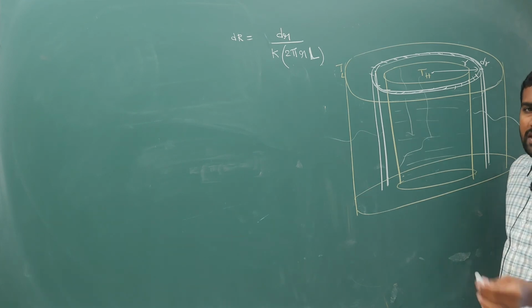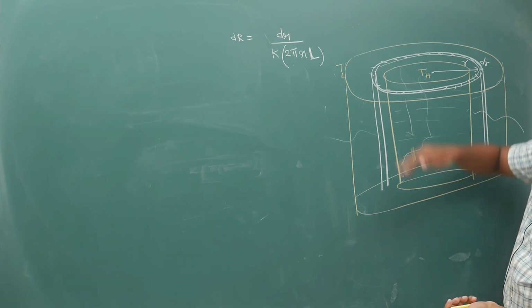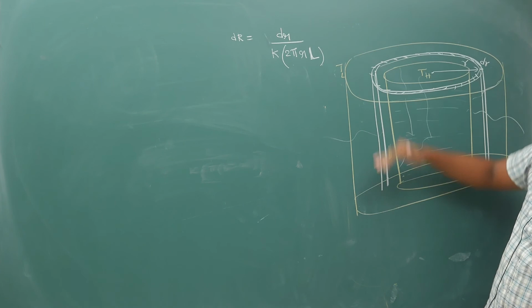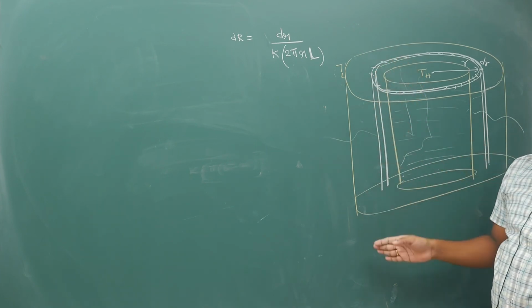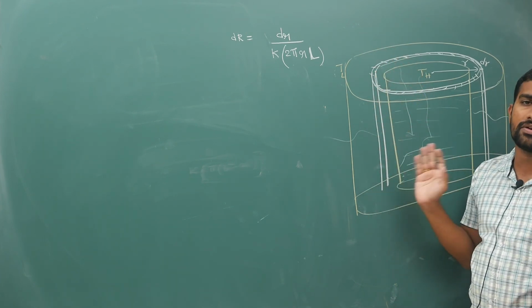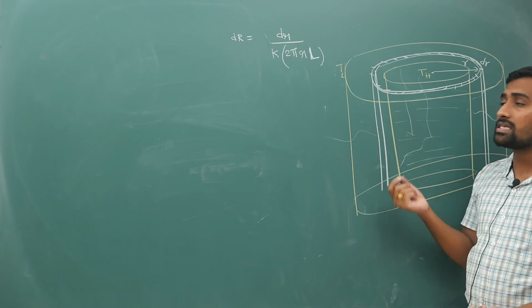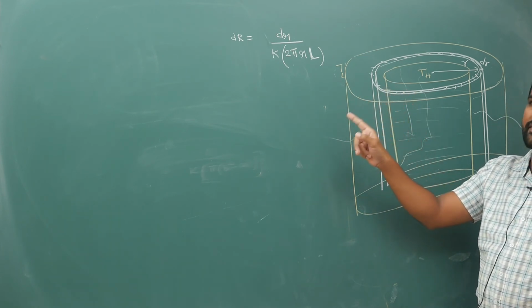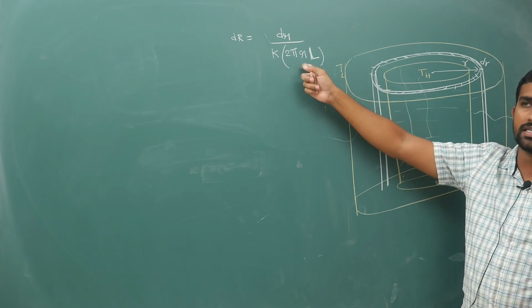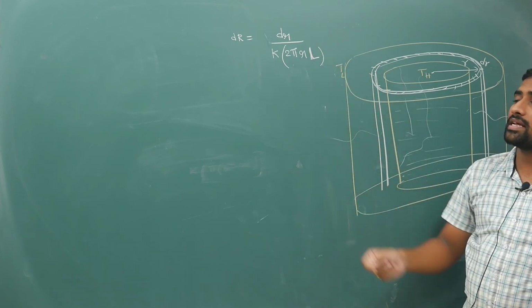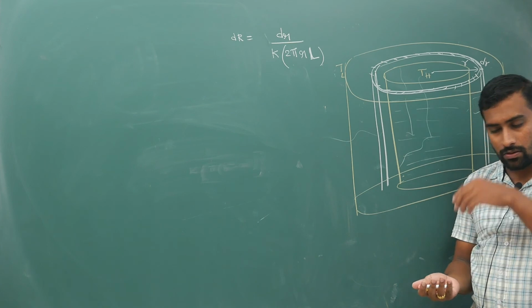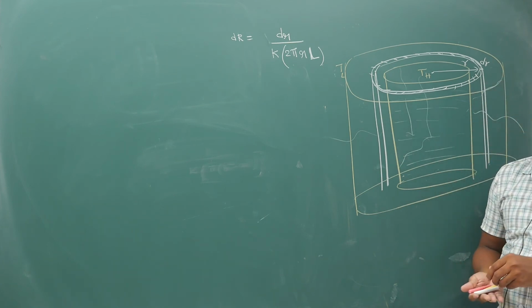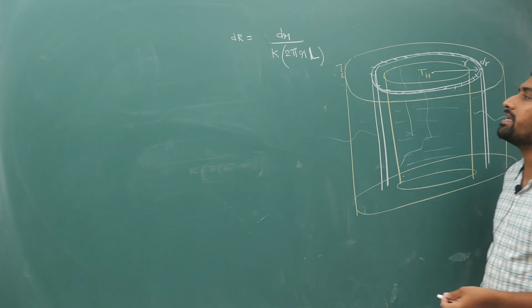Here, in the previous case, when the heat energy was flowing from top to bottom, only your length was changing while the energy was flowing; the area of cross section was the same. But in this case, as the heat energy flows and you keep going away, the area of cross section is variable. That is why we are taking a strip and then integrating it. Whenever we have variable terms, we have to go for integration.